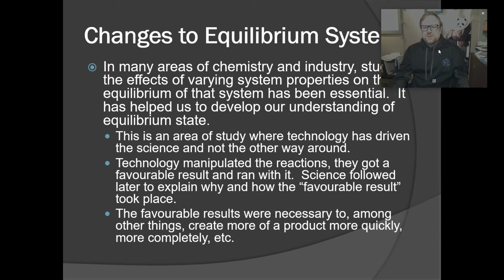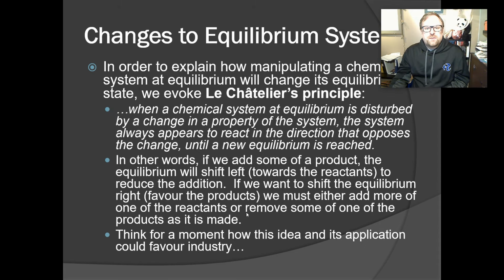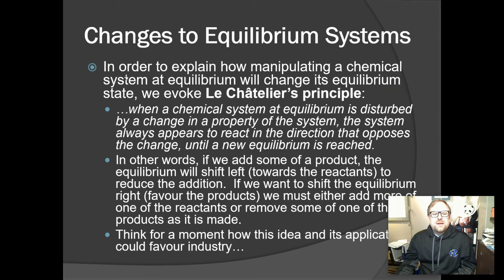So the favorable results were necessary for, among other things, creating more product more quickly or more completely, or usually in a less expensive way. That's really what industry is all about. It's all about making sure that you minimize the amount of money that you spend on a particular procedure or whatever you're doing. So in order to explain how manipulating a chemical system at equilibrium will change its equilibrium state,